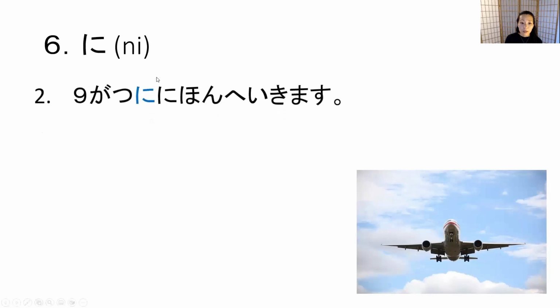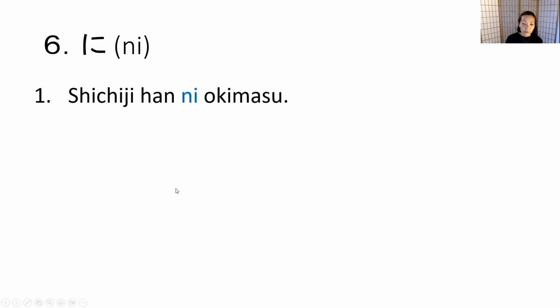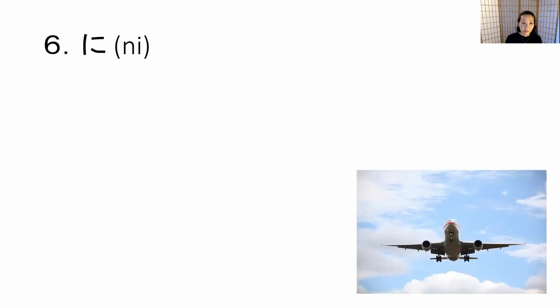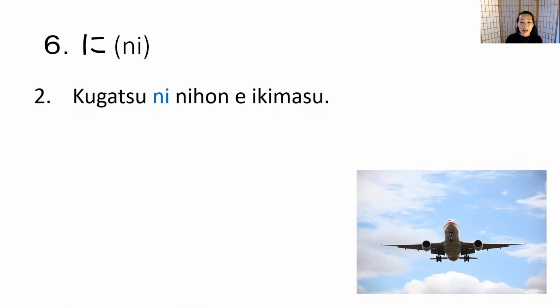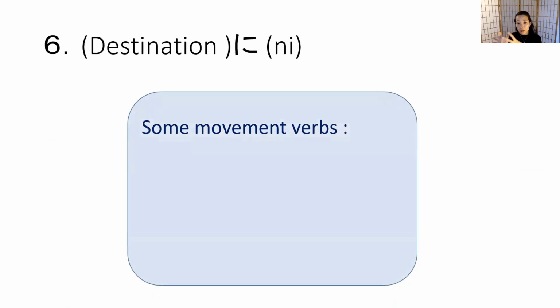Next sentence. 9月に日本へ行きます. So this indicates a month, then you add ni. So that means I will go to Japan in September. Okay, let's practice those two sentences. Repeat after me. 7時半に起きます。9月に日本へ行きます。